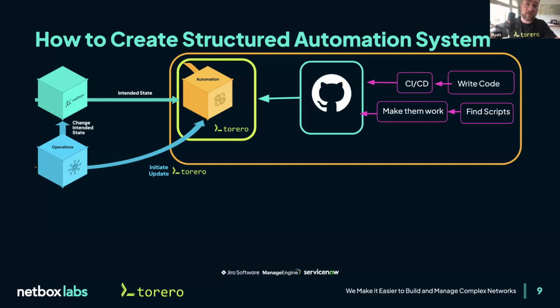Well, Torero's the first time I've seen something doing that. Yeah, and I was sorry to cut you off. That was accidental. I was just about to say we've got a really specific example of this today that will appeal to NetBox users. If you're a NetBox user, you will know that if you want to run things like automations, we have a few different ways to do it. You can use custom scripts, which are great for some stuff. You can use plugins, way more powerful, but obviously a lot more difficult to create. You've got to be able to program, you've got to do things like that. And then, integrations that work with the API.